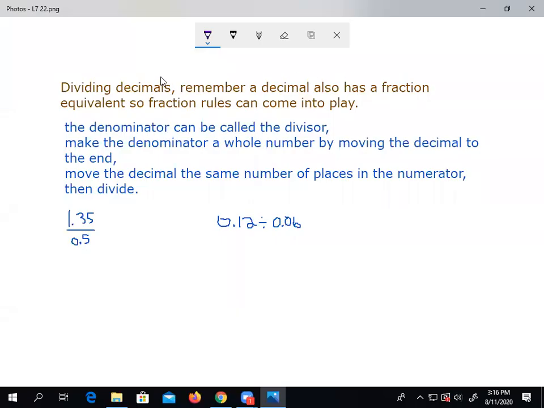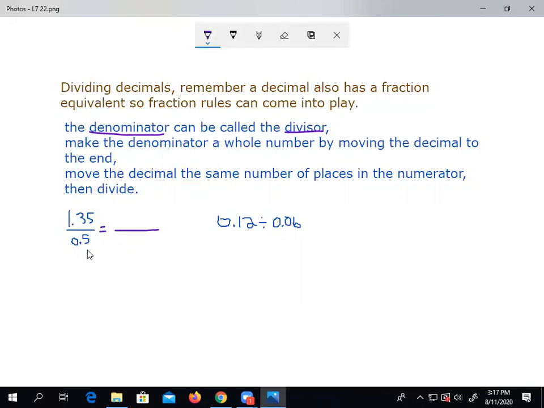So we're going to now talk a little bit about dividing decimals. Remember, a decimal also has a fraction equivalent. So fraction rules can come into play. One thing we pick up on is the denominator is really the same thing as a divisor. So one of our tricks is if I can make the denominator a whole number by moving the decimal to the end, all I got to do is move the decimal the same number of places in the numerator to keep it equivalent. So if I want to do this problem here,